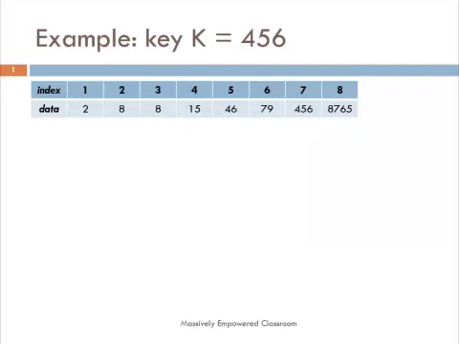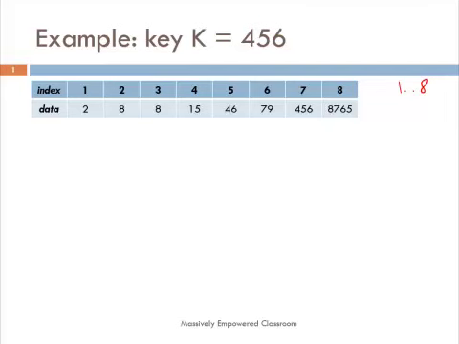Let us work out an example of looking for a key in an array. So here we have an array of 8 elements. They are numbered 1 to 8. You will notice that it is slightly different from the array indices we were using in earlier lessons. That is because of a small difference between the two textbooks that you have. If you follow Levitin's book, array elements are indexed from 0 to n minus 1. In Horowitz and Sahni's book, array elements are indexed from 1 to n. This is just a small difference, but anyway you need to learn to read both kinds of pseudocode.